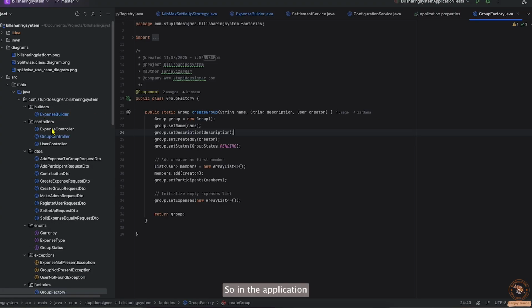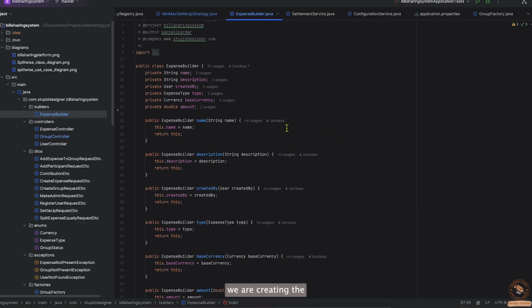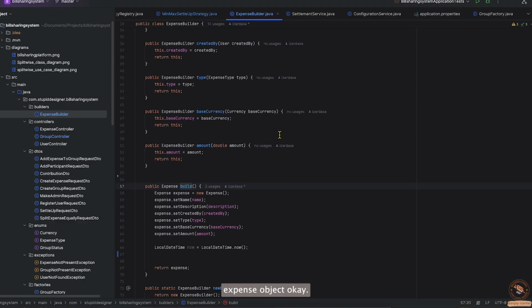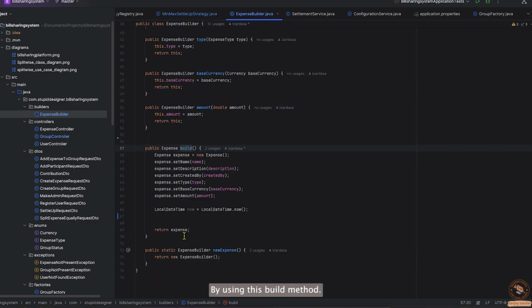In the application we have this builders directory, where we have the expense builder. In the expense builder we are creating the expense object. How are we creating it? By using this build method. Whenever we want to create any expense object, first we have to call this static method, new expense, which will create the expense builder object, and on that expense builder object we have to set